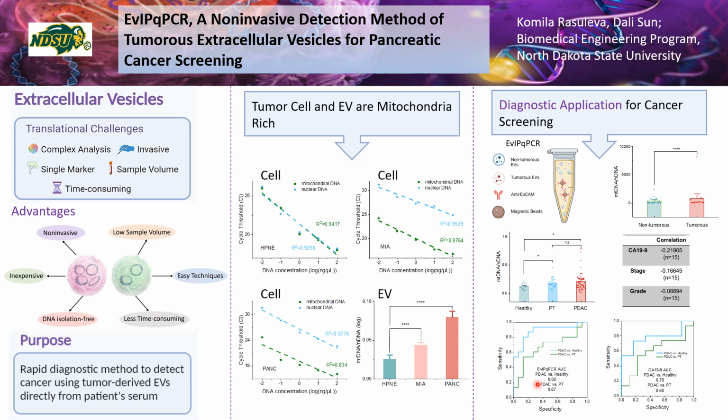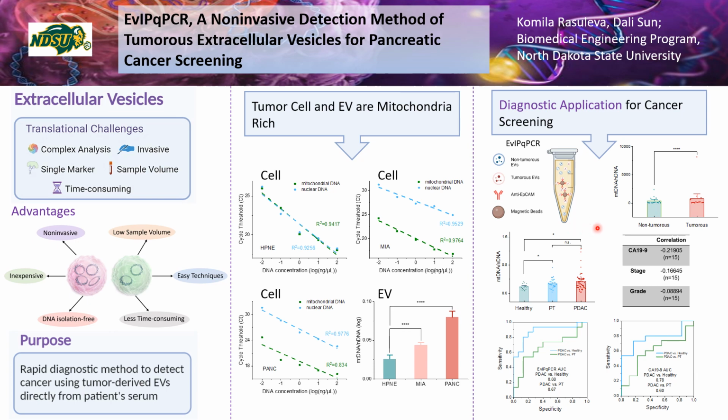So we already talked about extracellular vesicles and why they are so important in our research, and now we can move to the immunoprecipitation procedure. So IP helps us to precipitate only tumorous EVs out of the whole solution, and by solution I mean a serum sample,